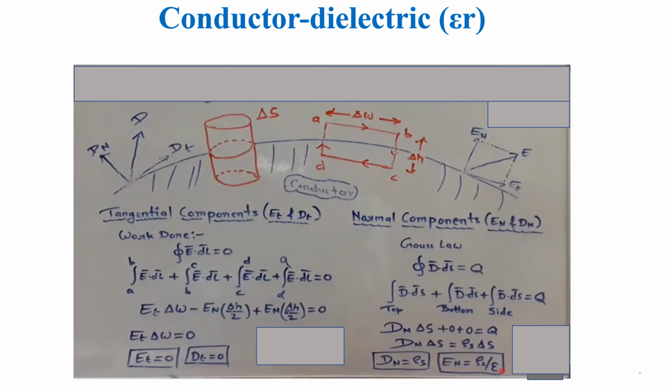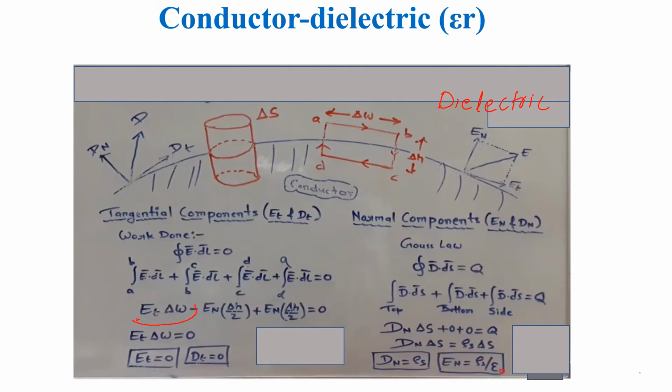If we learn the conductor free space boundary, then there is no need for much explanation on the conductor-dielectric boundary. So here you can see a conductor and a dielectric. This is a dielectric medium. Everything else, the derivations are as explained in the previous case. There is no change at all. First of all, integral E dot dl equal to 0, and there the only thing remains is